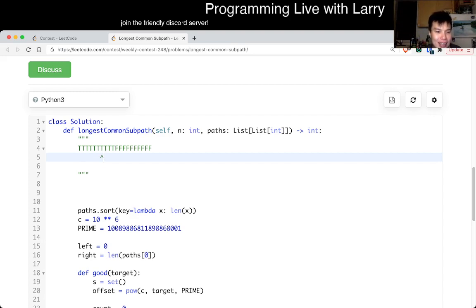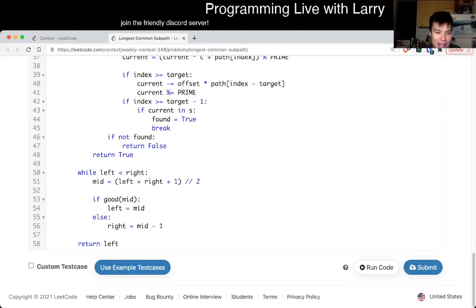First of all, if this arrow is mid, then it means that mid is true, or mid is a possible answer. And then we want to get rid of everything to the left because we don't care about it anymore, because we know that if nothing else, mid is the answer, right? So that goes to my binary search, which is that if mid is good, then we set left equal to mid,